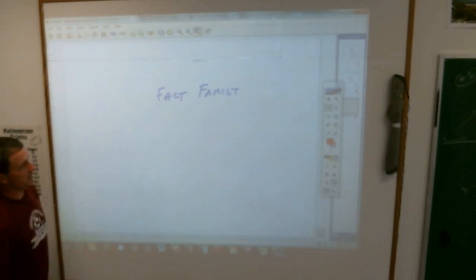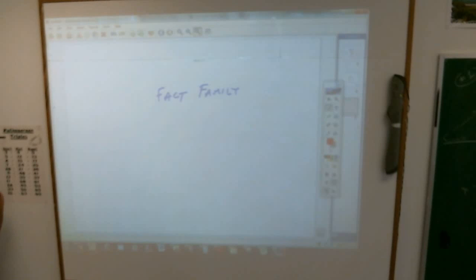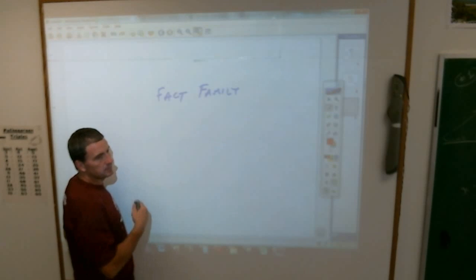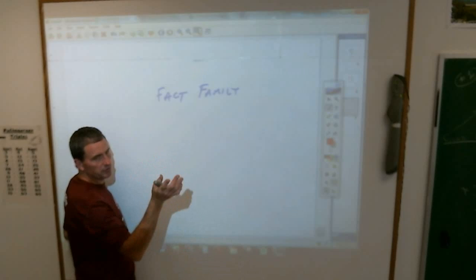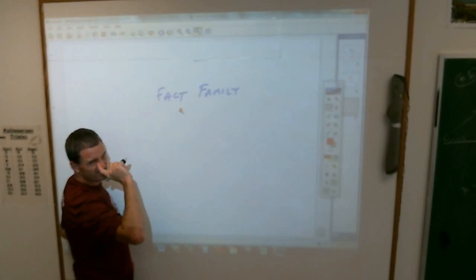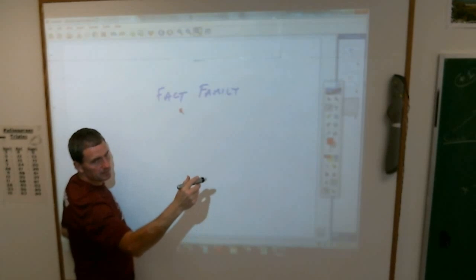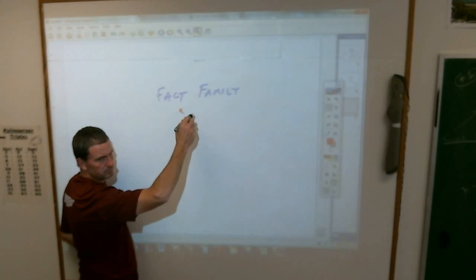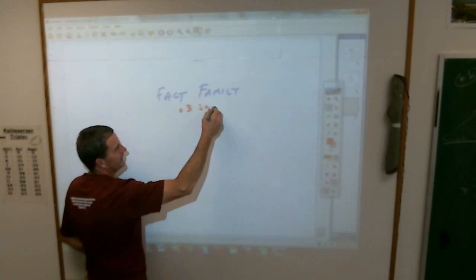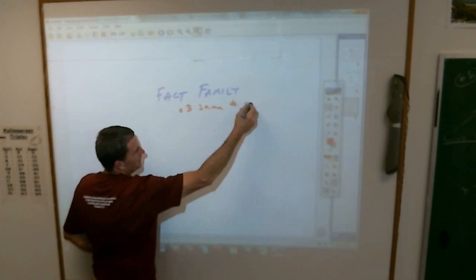What is, if you had to explain to somebody what a fact family is, anybody? You're a family because you're related, Abram, because the top two numbers in addition and an odd number. Well, you're close. Grant, I'm looking for two addition problems and two subtraction problems that you can make using the same three numbers. Yeah, it's using the three same numbers to make